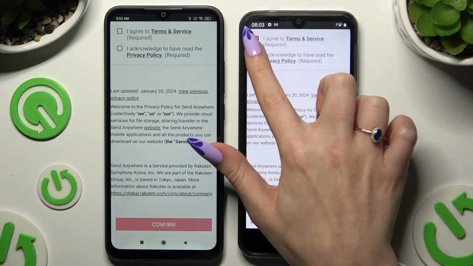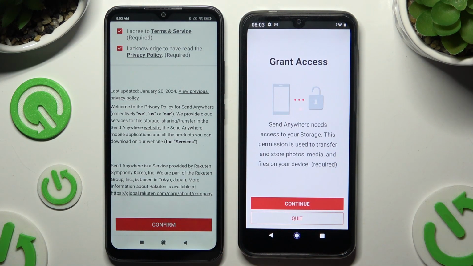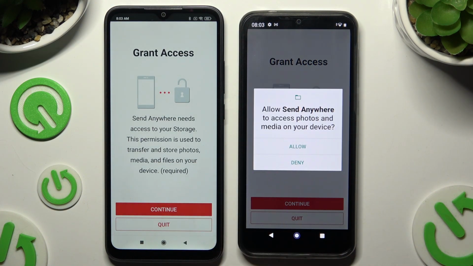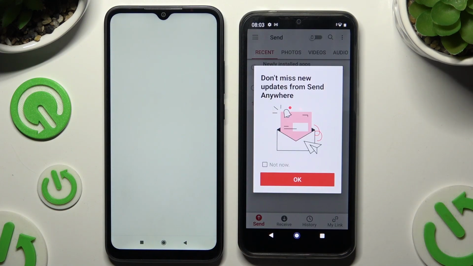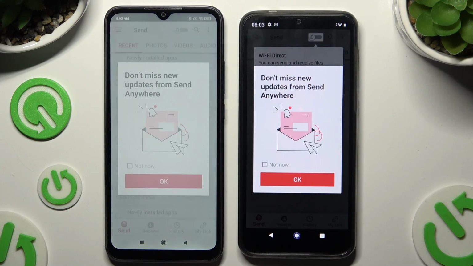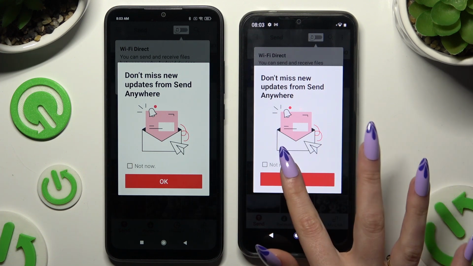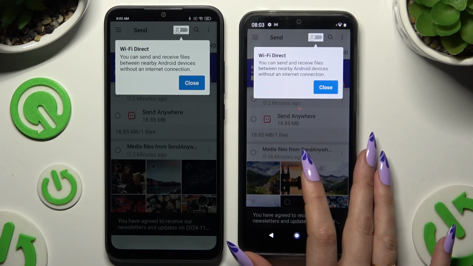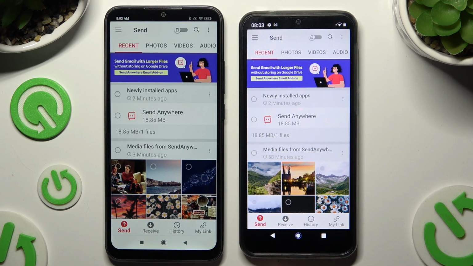Firstly, I agree and I acknowledge. Then confirm, continue, and allow. In this window about new updates, you can choose whatever you want to, and then click on your device's display. When you finish, hit Send at the bottom left corner of Xiaomi and Receive right next to Send at the